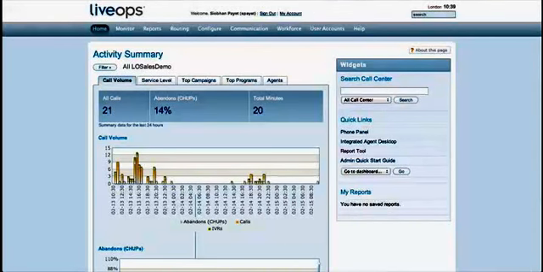Welcome to LiveOps, the second stage of our demo. We're now looking at the supervisor and administrative screens. What we've got here on the home page is an activity summary, and just before we get into the detail,